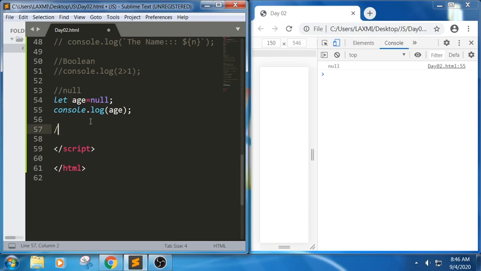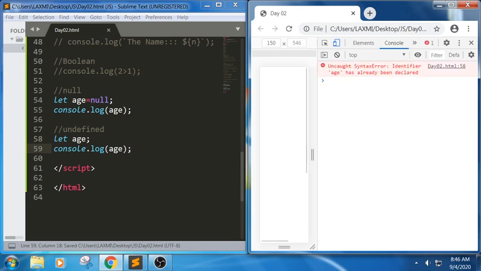Next one, let us discuss undefined. As you know, we have been discussing undefined from the first session. Undefined is a value. When we haven't assigned any value to a variable, we get undefined. See here, sorry, it's already defined, right?